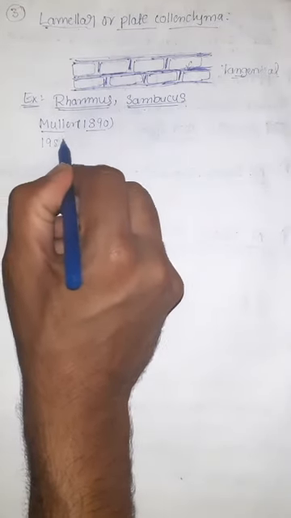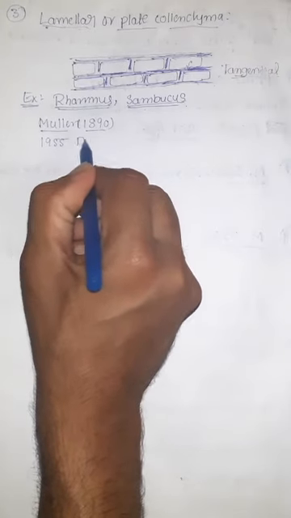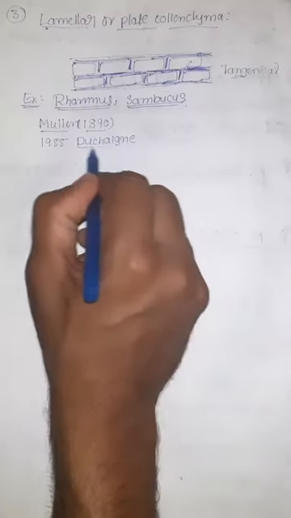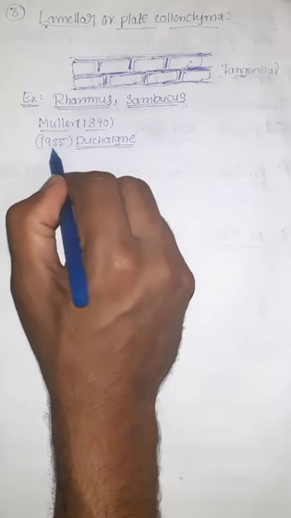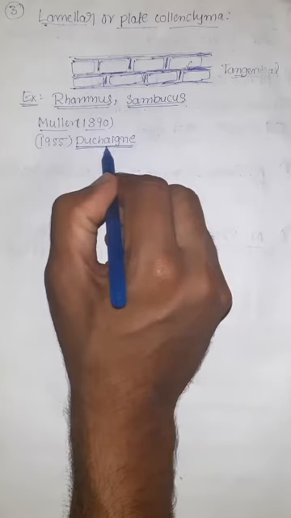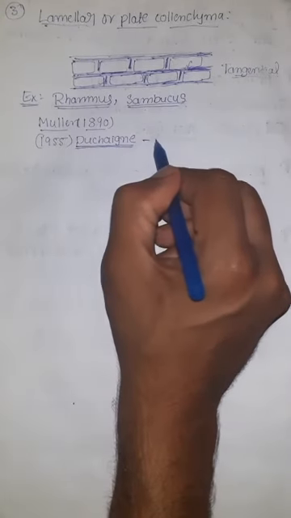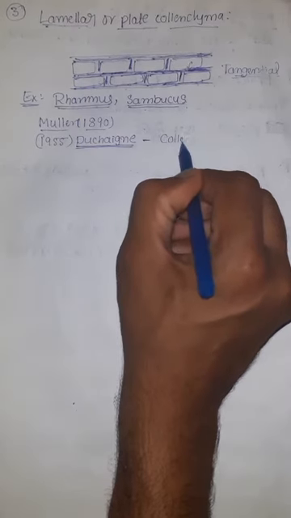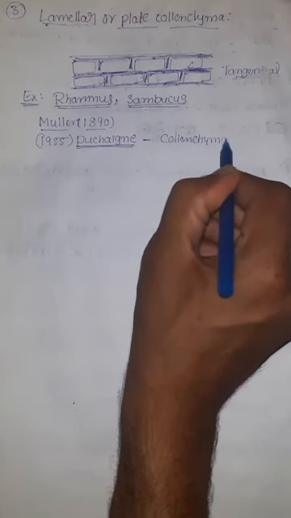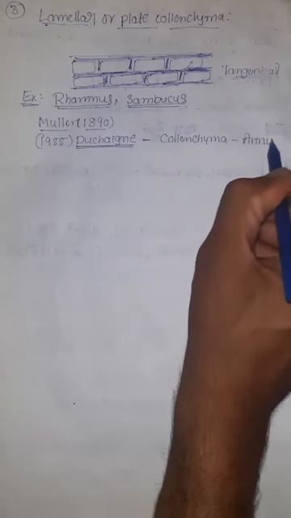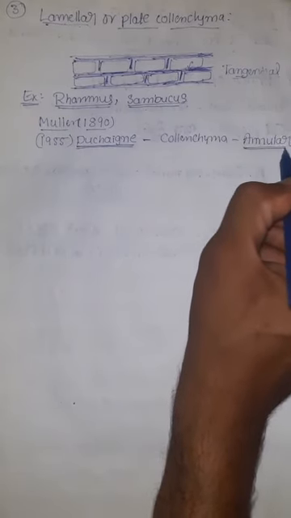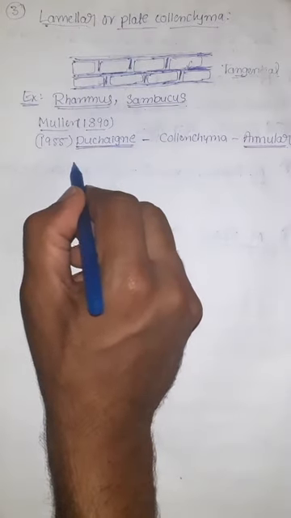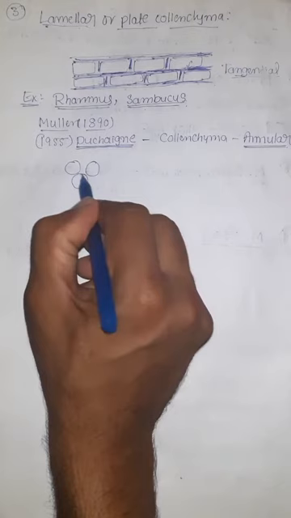In 1955, a scientist called Duchaine discovered one more type of collenchyma. That is the annular type of collenchyma. Here, very simply, the pectic material is deposited